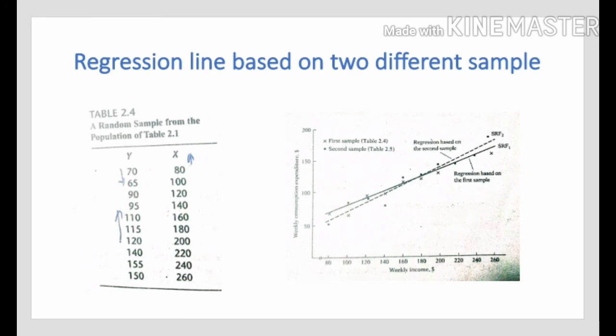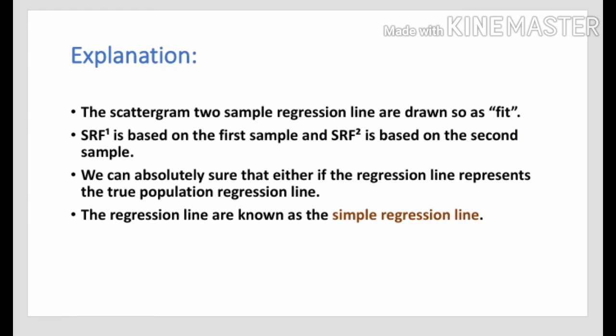This is the diagram and table of regression lines based on two different samples. Explanation: in the scattergrams, two sample regression lines are drawn so as to fit. SRF1, you see in the diagram, is based on the first sample and SRF2 is based on the second sample. We can show that either regression line represents the true population regression function; the regression line is known as